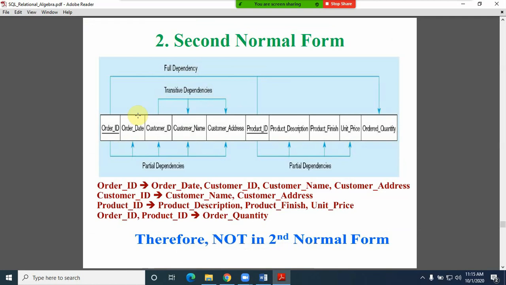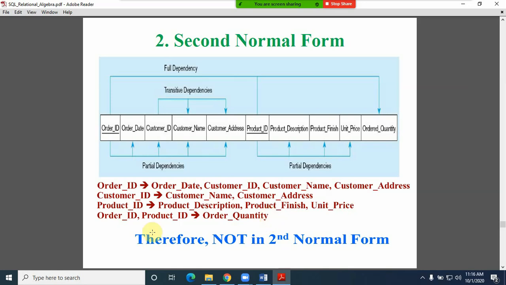So actually we are having a complete table like order ID and product ID are the composite keys, but the problem here is that except this particular order quantity, which refers to the order ID as well as the product ID, order ID and product ID determine the order quantity, but in all the remaining cases, if you observe the kind of the normal forms.